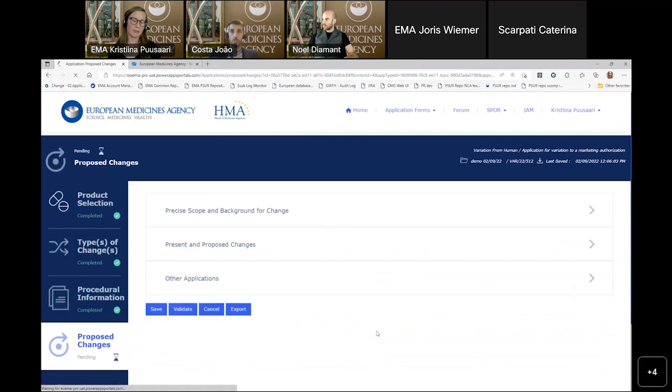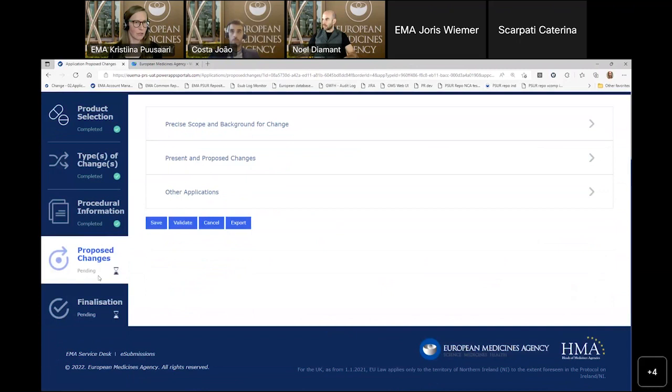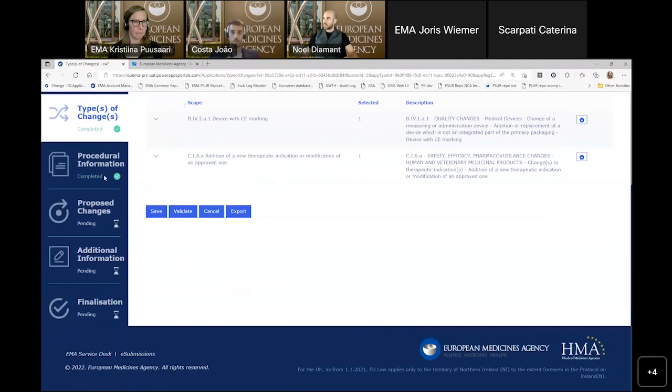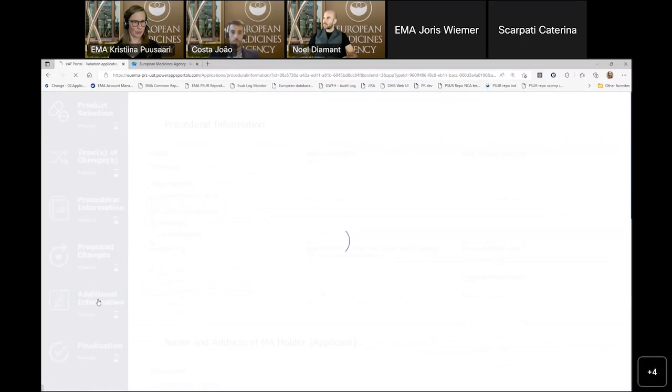But here you can see if you have different scopes, you can then link the scope and the product. It appears, unfortunately, that for some reason our additional information section is not appearing. There it just came.